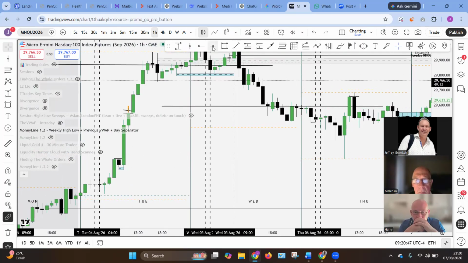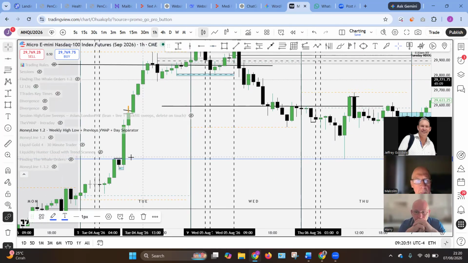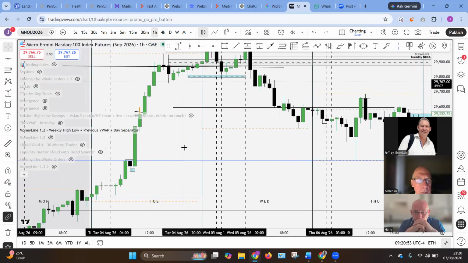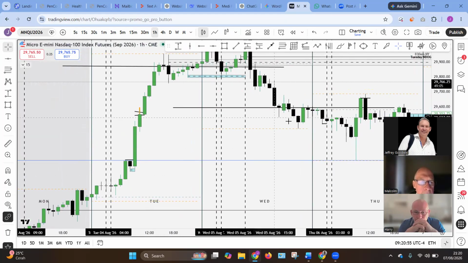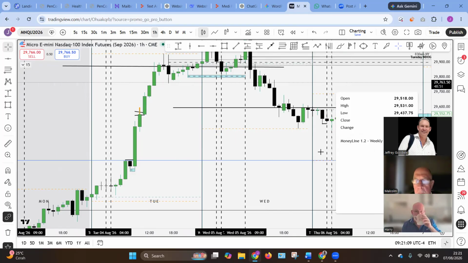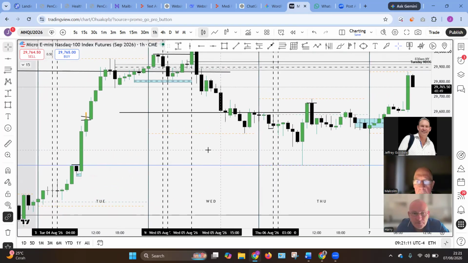If I draw a line at that low there, what happens here? What happens to that wick, guys? What does this wick do? Look at this candle here. It took out that FVG. It took out completely that FVG. Well done, Harry. Completely. And then it reversed. But I'm on the hour time frame, so yeah, that's again why it's good for higher time frame analysis.